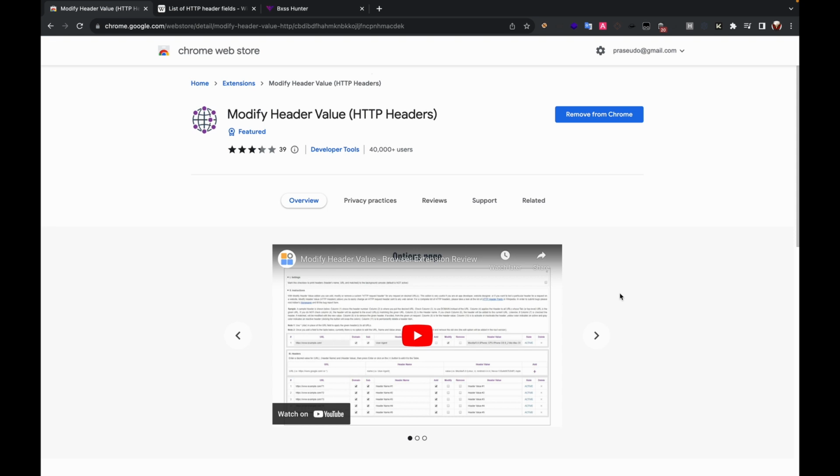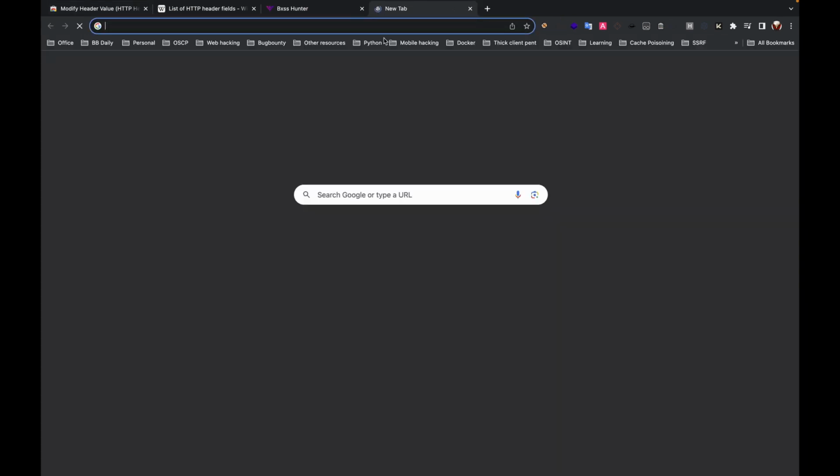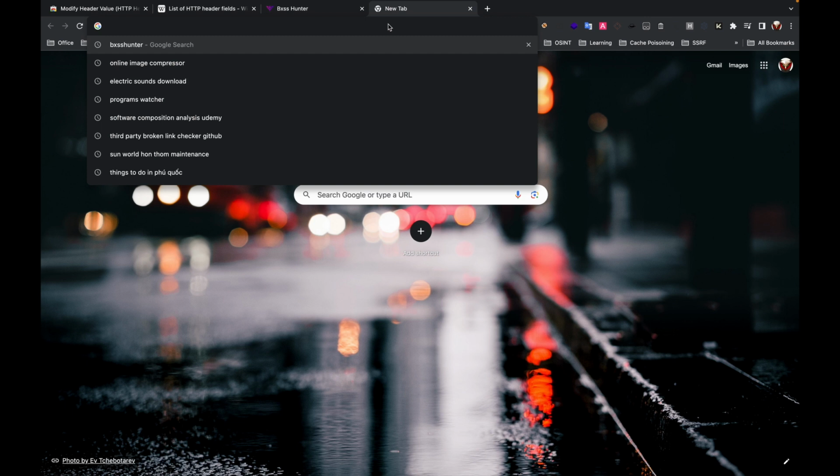for the selected URLs. This add-on is not only useful for app developers or website designers, but also very useful for pen testers, hackers, and bug bounty hunters. Modify Header Value allows you to easily change any HTTP request headers sent to any web server. To understand more about this tool, first let's start with how to install this particular extension